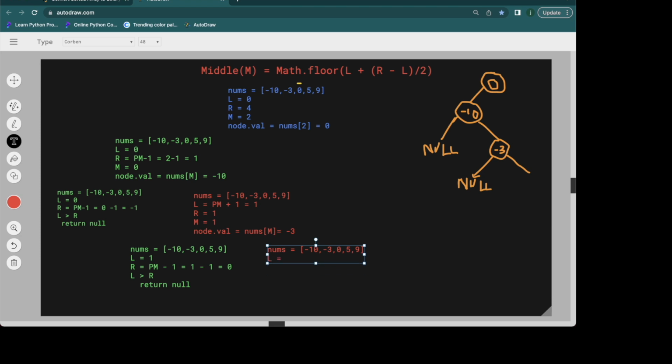So when you are going towards right, we need to update, when we are trying to build out a right subtree, we need to update our left pointer to previous middle plus 1, that is our previous middle is 1 plus 1, that is equal to 2, and then our right remains the same, which is 1, and this time our L is again greater than R, so you just return null from here as well. That means you just return null,